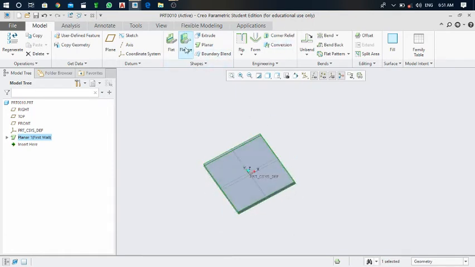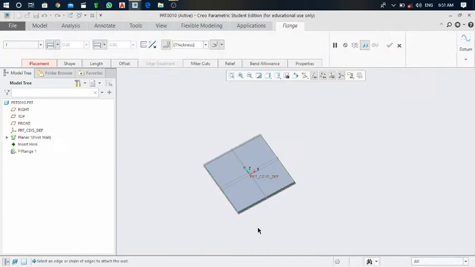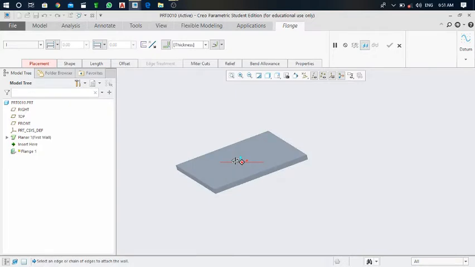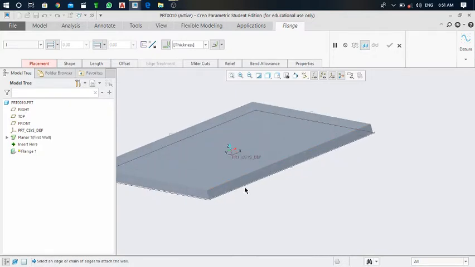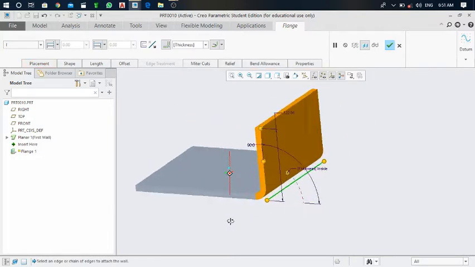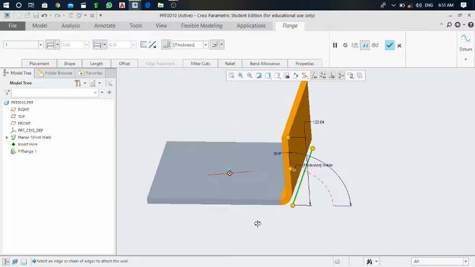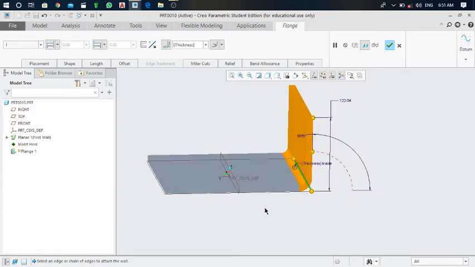Next, click on this flange, and here zoom in on this side, and you can see there are two edges here. This is the upside, this is the downside. So click on this downside edge. One flange is generated over here, and I would like to make it through all the remaining edges simultaneously.